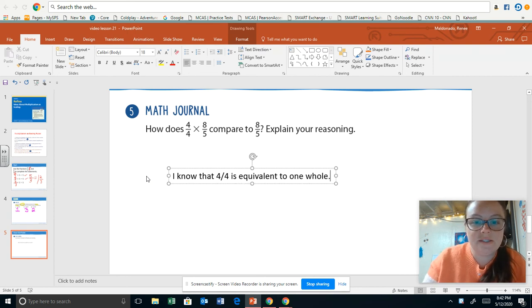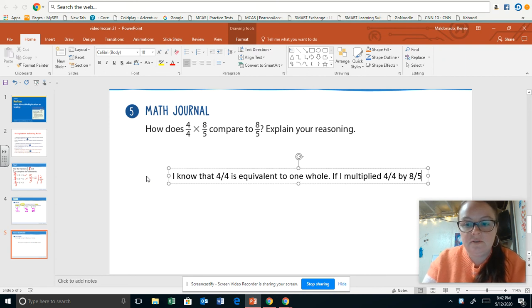Again, whenever it says explain, you always want to try to use your math vocabulary. You want to show how smart you are. So I know that 4/4 is equivalent to a whole. If I multiplied 4/4 by 8/5,